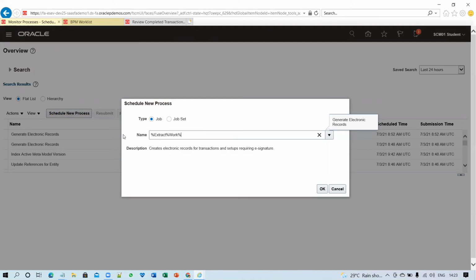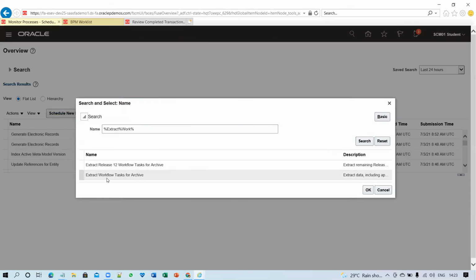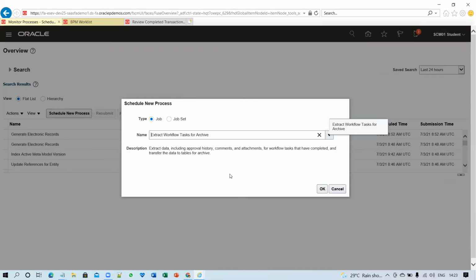workflow. So I'm searching with extract work. So extract workflow task for archive. So I have selected that. And now you have to click on OK. Once you click on OK, this ESS job you can schedule in your environment.